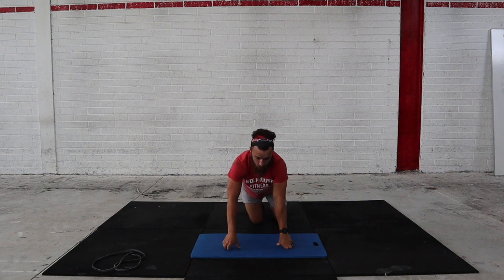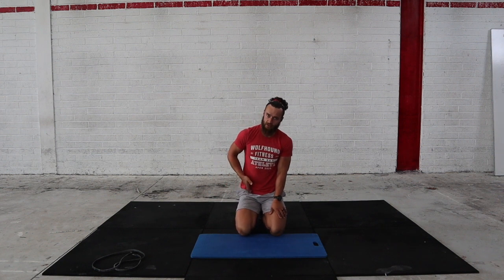Okay, so going to flip over onto your back. Hopefully some of you got some nice cracks there out of your back. Like I said, if you're able to get your foot into your hand and hold it for a second, you would have felt a nice stretch there at the front of your hip flexor as well. But even just doing that movement, really nice release for your lower back. We're going to flip over and do the exact opposite. And again, if you can grab your foot for a second, hold it, you're going to get a nice stretch in the back of your hip now and